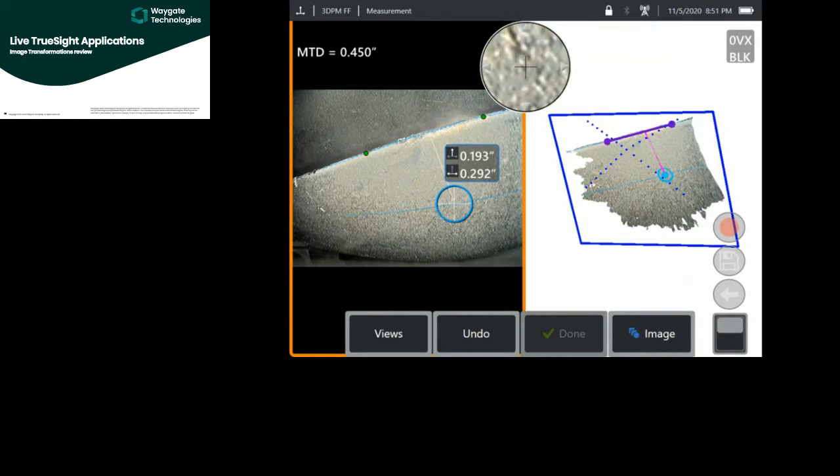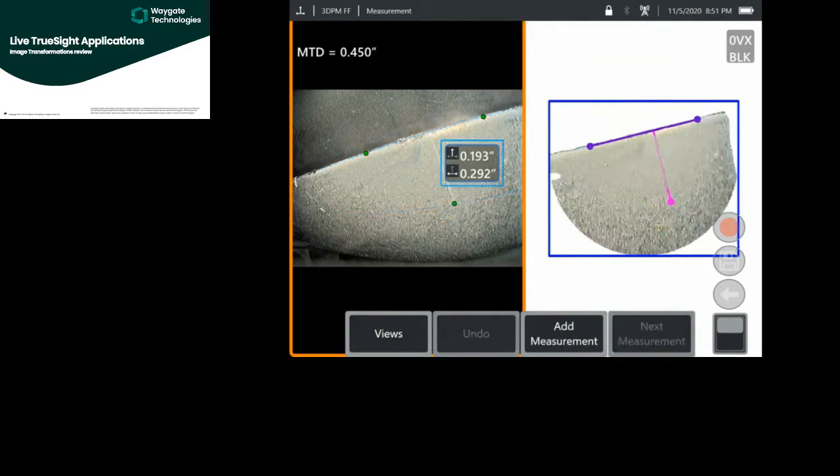And now I'm putting my finger in the measurement value window and moving it to the side. And I now have data. I am not telling you yet that this indication has a given value. I'm just simply saying the point, the third cursor I placed at the bottom, is 193 thousandths to the line. And now if you look at the bottom value, the two cursors that are establishing the leading edge of that blade, I have them separated 292 thousandths,